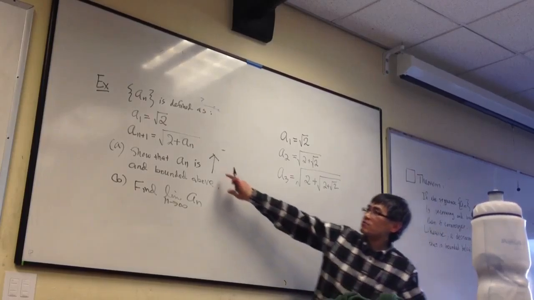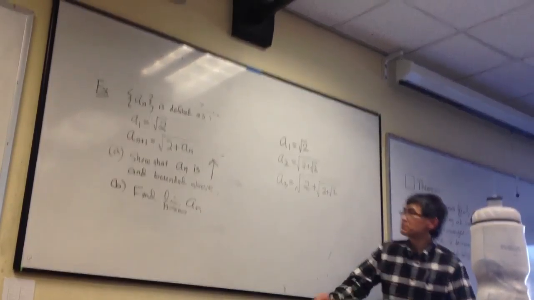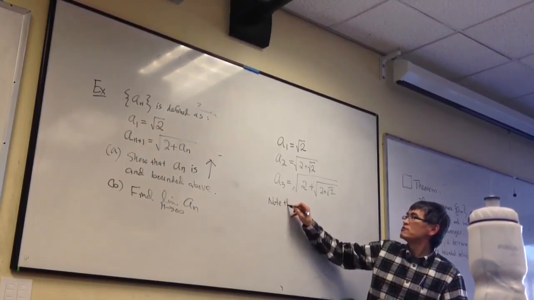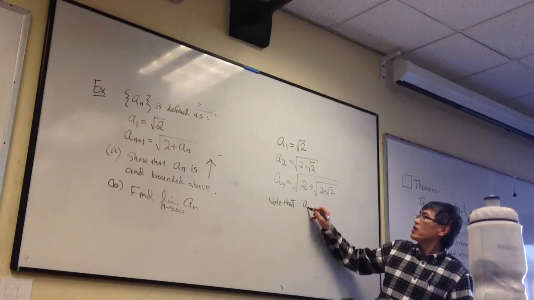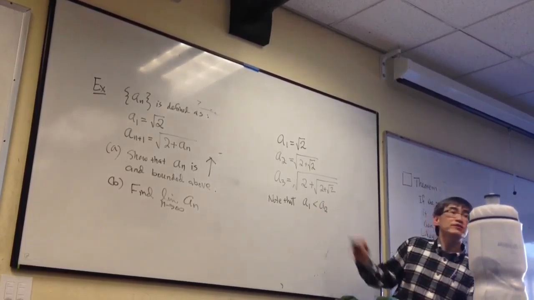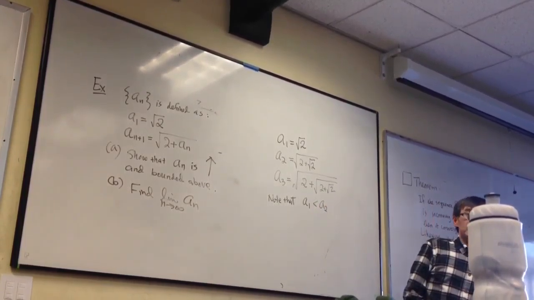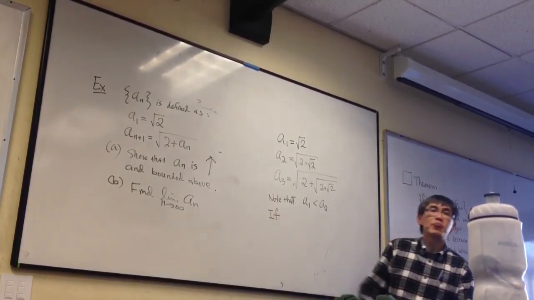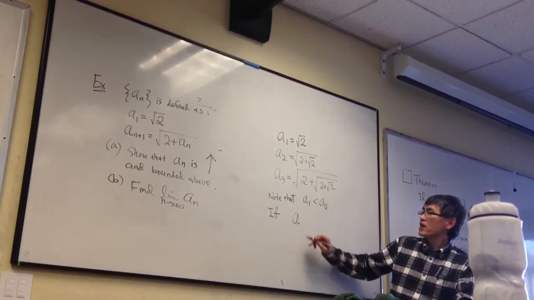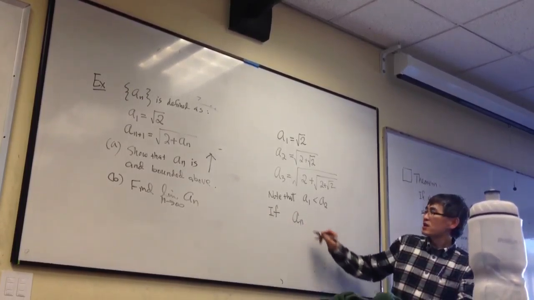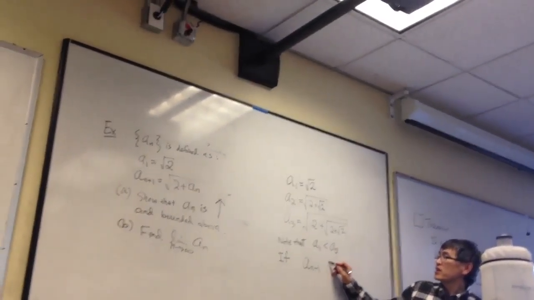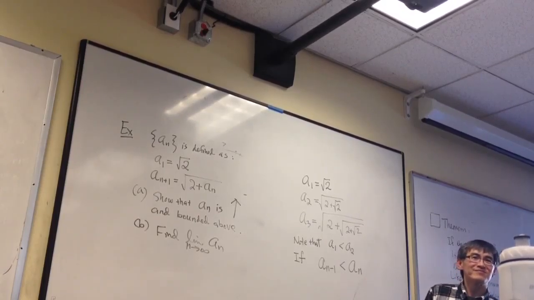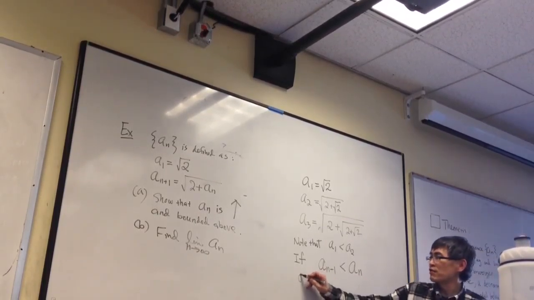Okay. So I'm addressing the part A here. Note that A1 is less than A2. Agree? Alright? Okay. Now, if AN minus 1 is less than AN, okay, observe